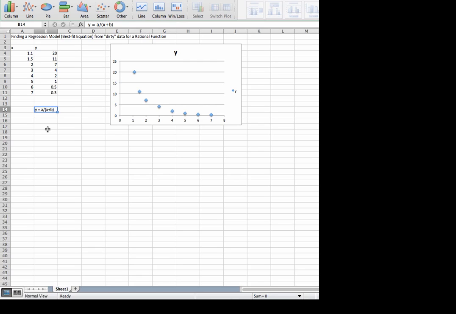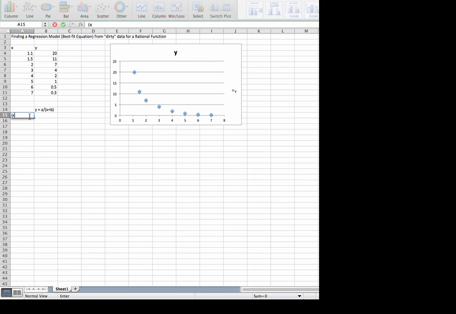We're going to do this by multiplying both sides of the equation by the denominator. That will get rid of the variable there in the denominator, which makes this not linear. So if we do that, we end up with